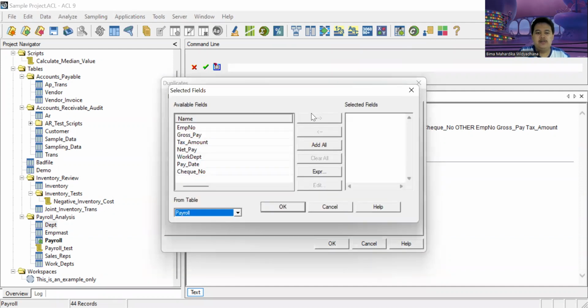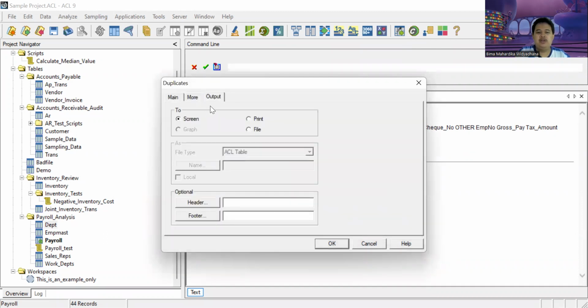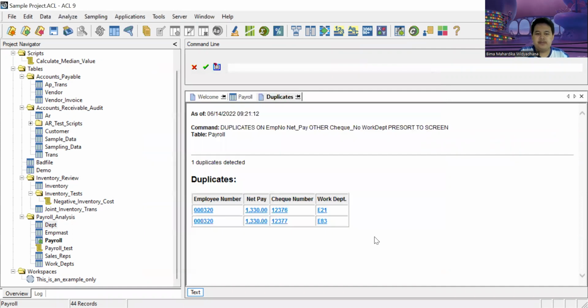Then in the List Fields, we choose the check number and the working department. Click OK and make sure the output is also to the screen. Click OK. Here it shows that one duplicate is detected, with a similar employee number but different working department, and also a different check number with the same net pay.